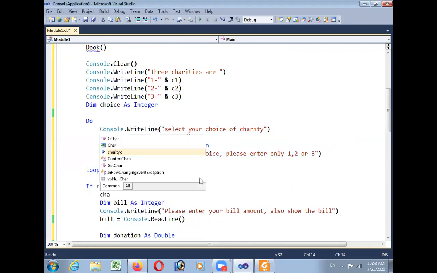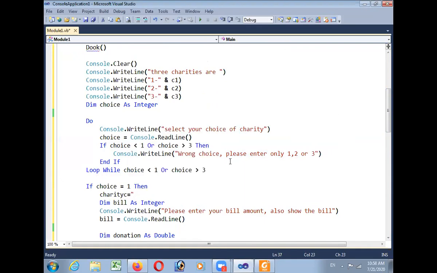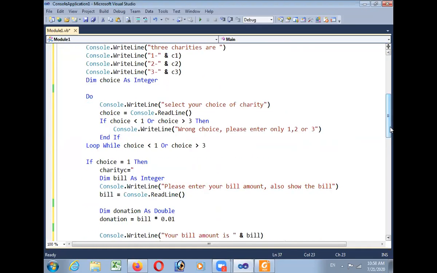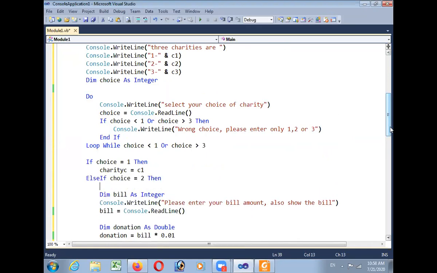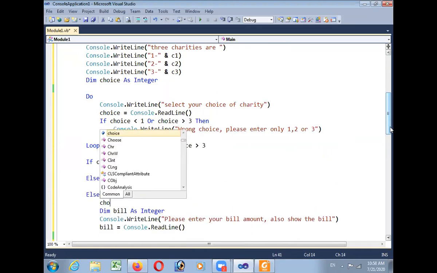एक चॉइस इज इक्वल टू 1, देन अगर मेरी चॉइस 1 थी तो चैरिटी C में सेव करो। आपका चैरिटी में 1, 2, 3 डिफाइन करता है C1, C2, C3, तो यहाँ जाएगा चैरिटी चॉइस इज इक्वल टू C1। अगर चॉइस 1 है तो चैरिटी चॉइस के नाम पे C1 नाम से करो, ऐसे अगर हमारी चॉइस 2 है तो फिर चैरिटी C इज इक्वल टू C2।